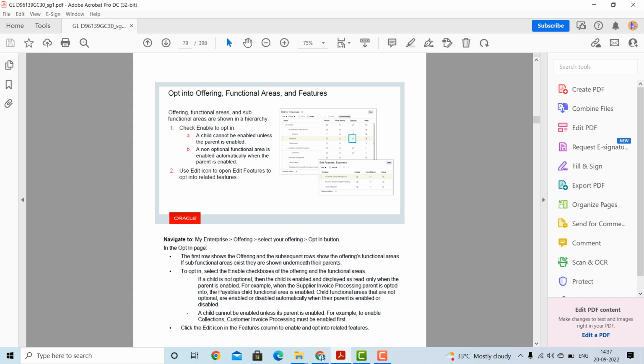A child cannot be enabled unless the parent is enabled. A non-optional functional area is enabled automatically when the parent is enabled. And last, you can use the edit icon to open Edit Features to opt into related